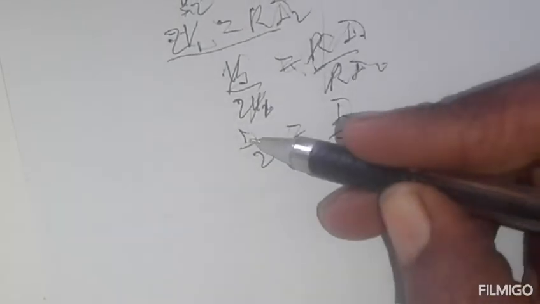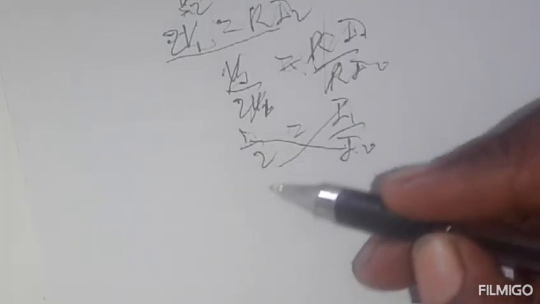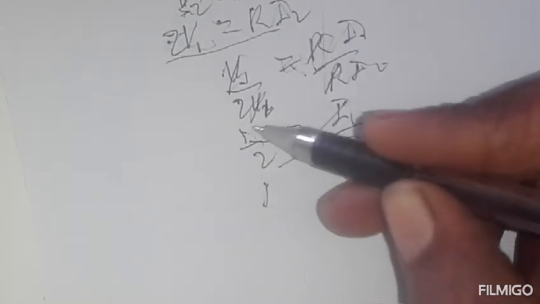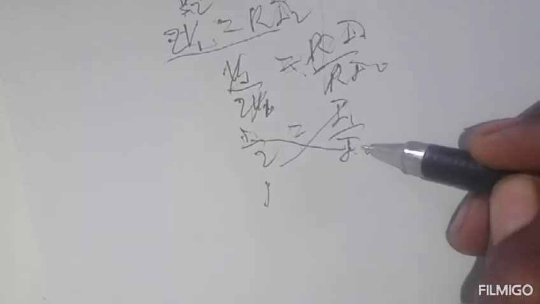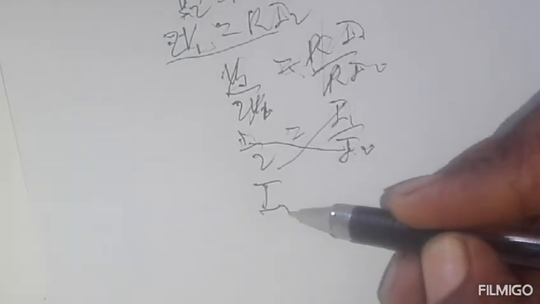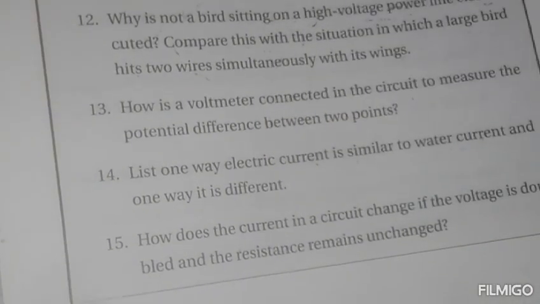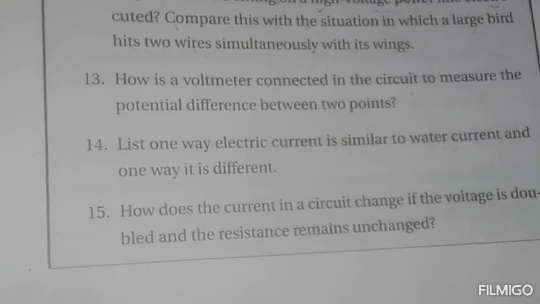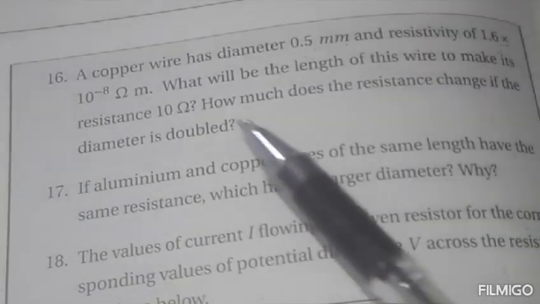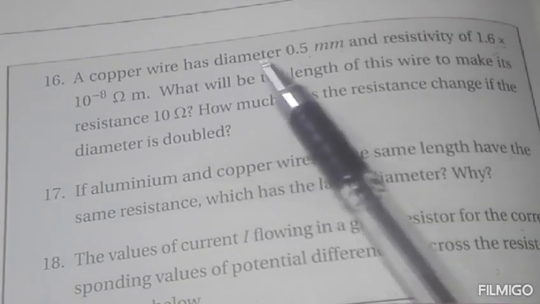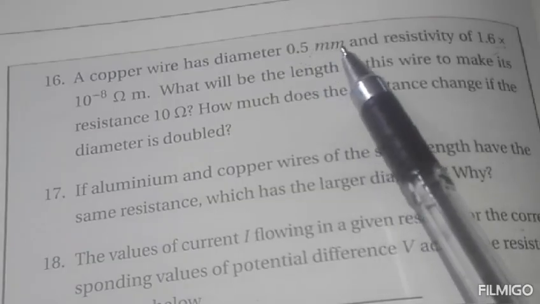Cross multiply. What's current 2? 1 times current 2 is equal to twice current 1. So you have to consider that if the voltage is doubled, the current is also doubled. You have to answer this type of question in this way. Double ይሆናል ማለት ነው።